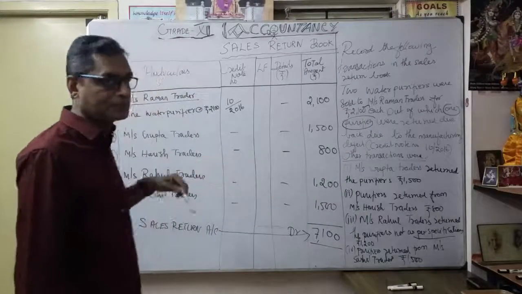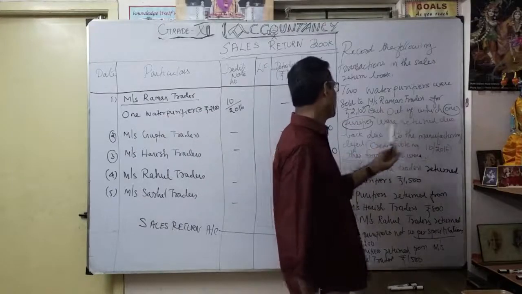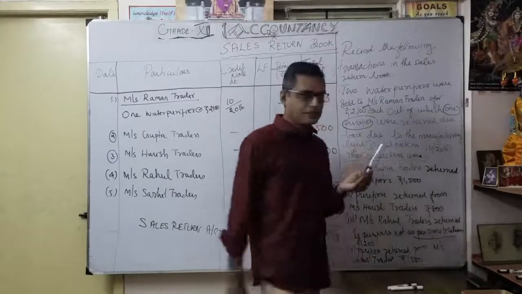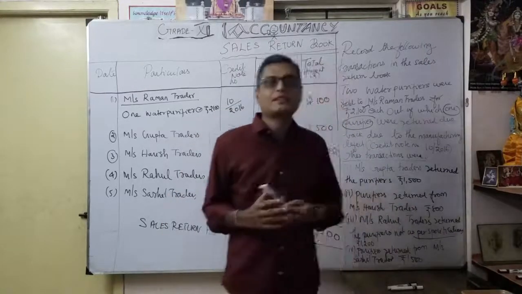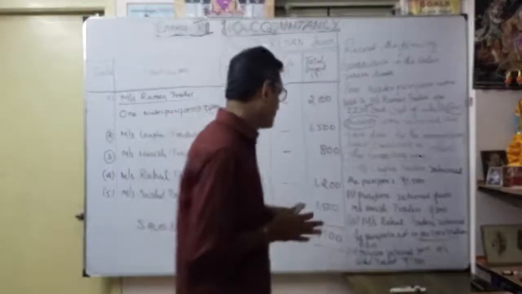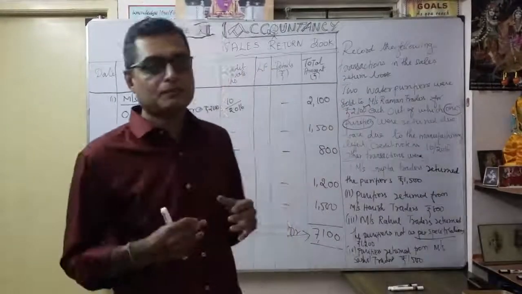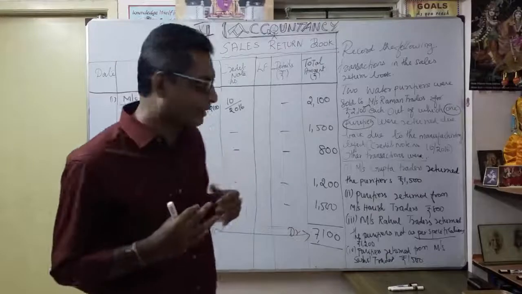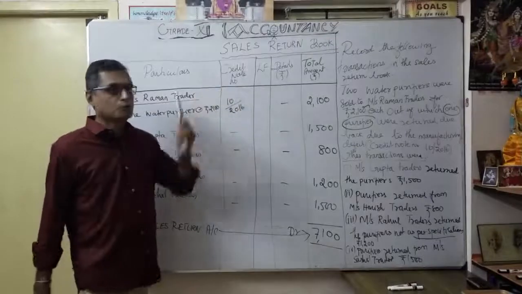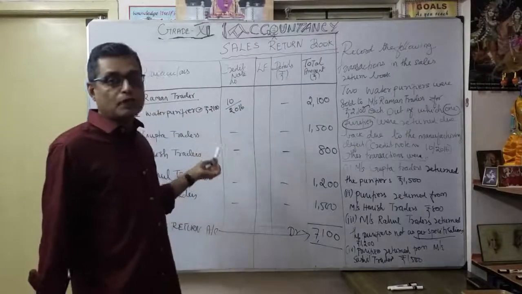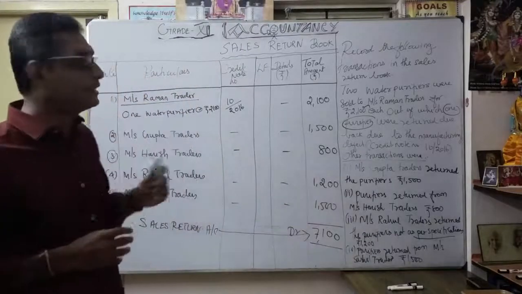You understood the recording of the transaction for the credit sales done earlier. Now the customers returned goods due to many reasons. Here what is the reason? Returned due to manufacturing defect, they said. Thereafter, here they said not in specification. So they have to mention the reason. So what specification did the customer expect? Suppose the seller is unable to fulfill it, they can return back. So you record all the returns under the sales return book. Now we're going to open the sales return account, then each party account. Now let's see how we are going to open the sales return account and the different parties' accounts.